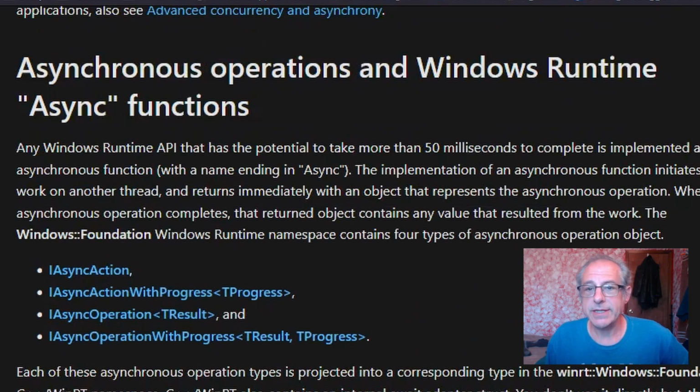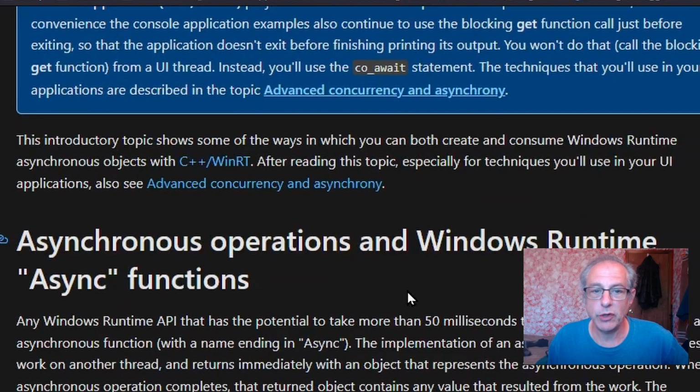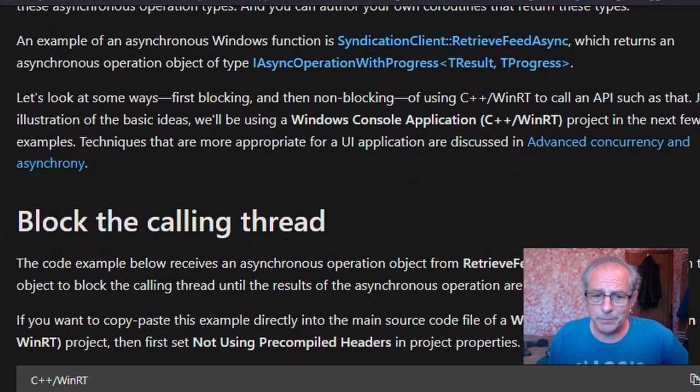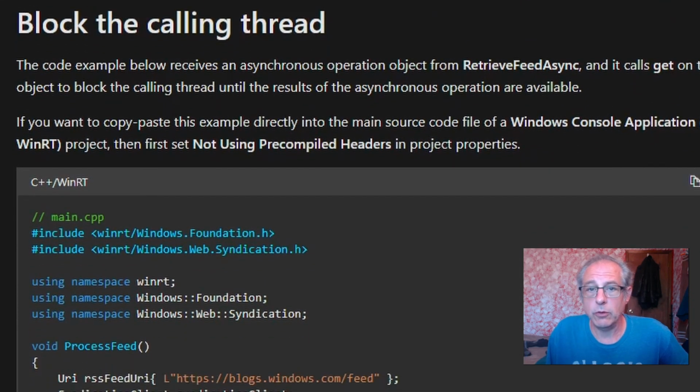Okay, so what's going to happen today is I'm going to study up here on concurrency and asynchronous operations in C++/WinRT, the Windows Runtime. This is all based on that. It doesn't matter. The easiest way to do it is to do it the old school way and send a message back to